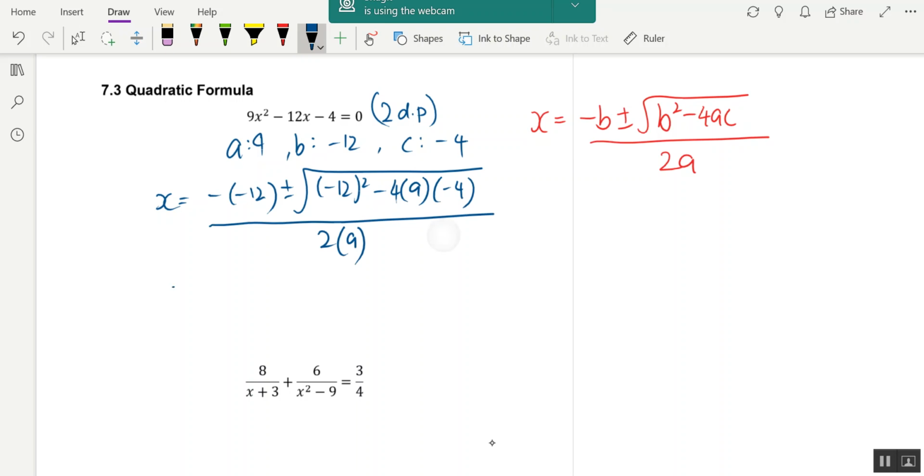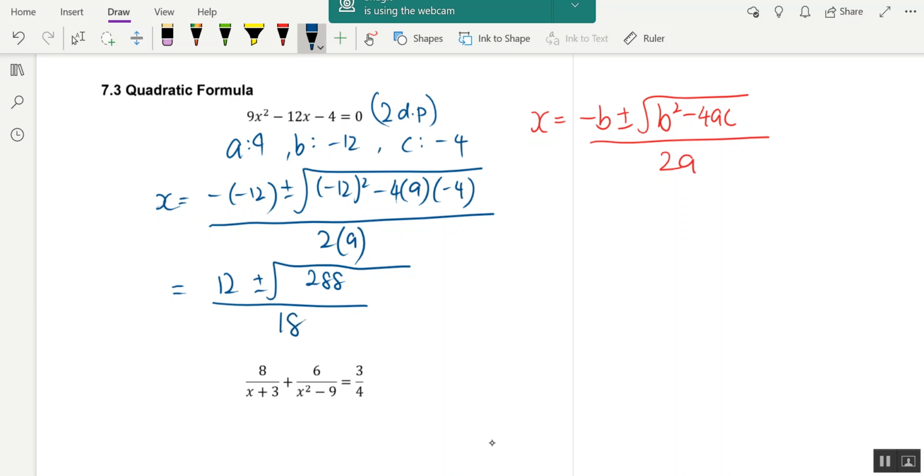Then over here you have to do a little bit of working: this is 12 plus minus square root. Use your calculator to calculate the b squared minus 4ac. So this will be minus 12 squared minus 4 times 9 times negative 4, and that will be 288,